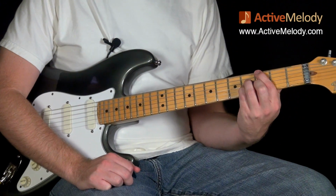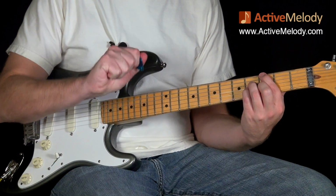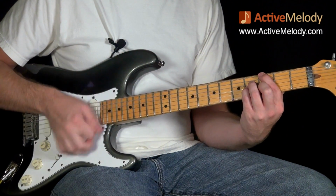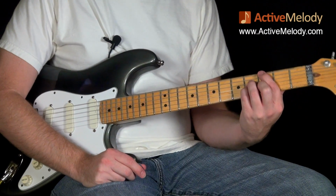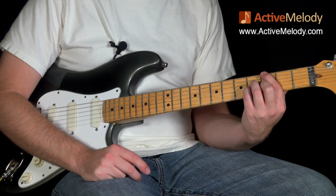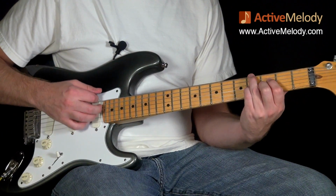That's a very commonly used technique when you're playing any kind of rhythm guitar, to know how to control when to put the pressure on and when to let it off. Okay, so that's the first chord. It's a G major 7th. The second chord is A flat diminished 7th. Sounds fancy, but